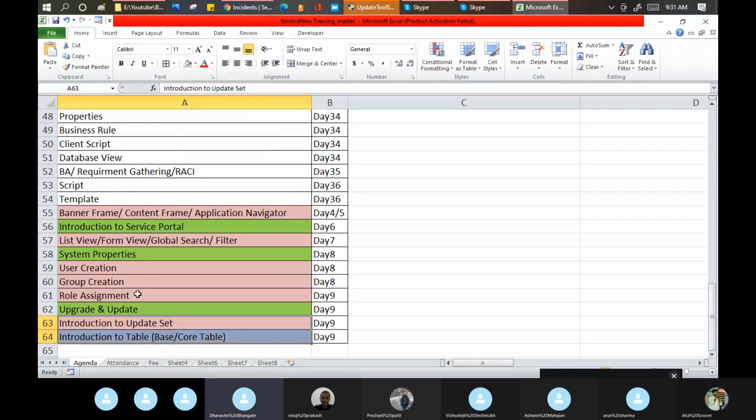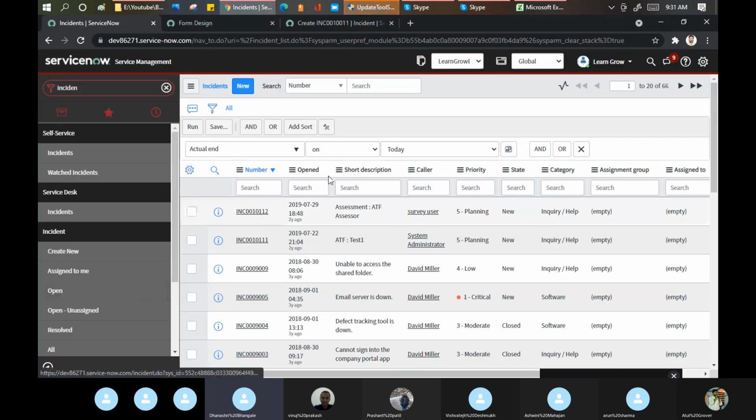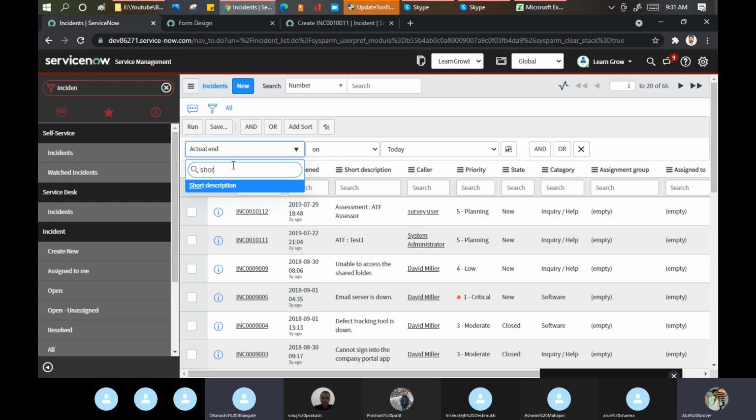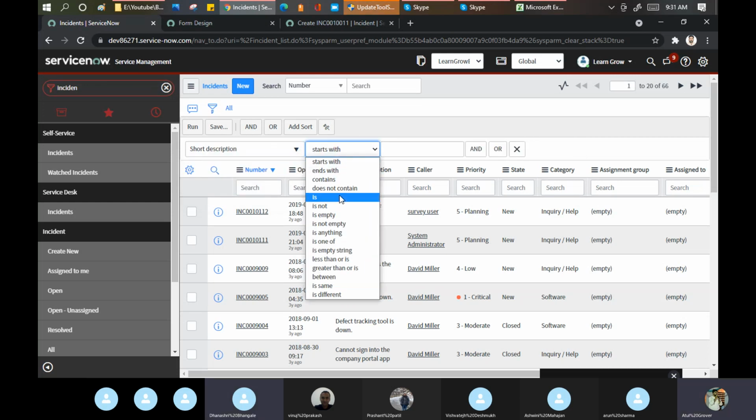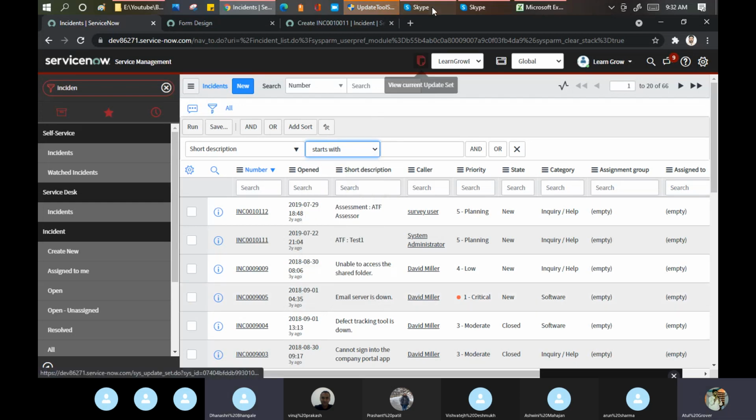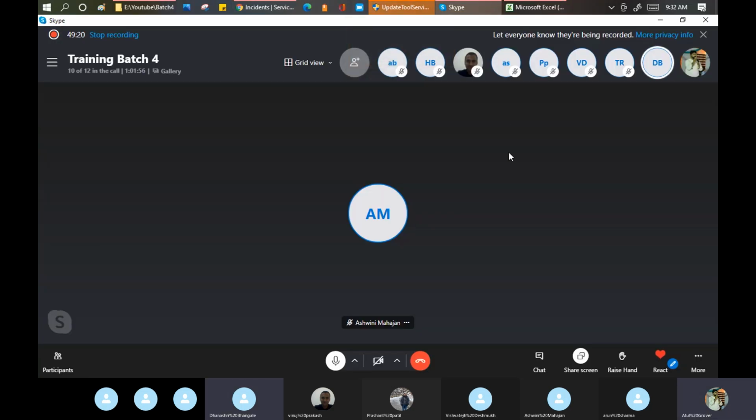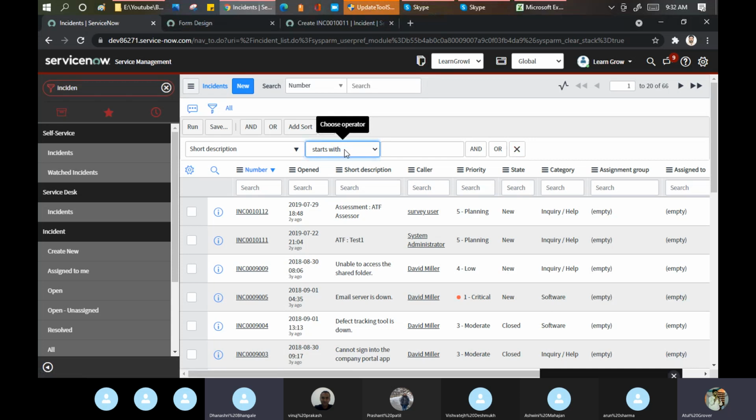So these operators are different for different columns. Yes, that is the point of this exercise, Dhanashri. If you search for the short description, the operator count and type have changed. The reason I'm saying to practice this is to learn what operators are available for what type of column. What type of column are you asking about?